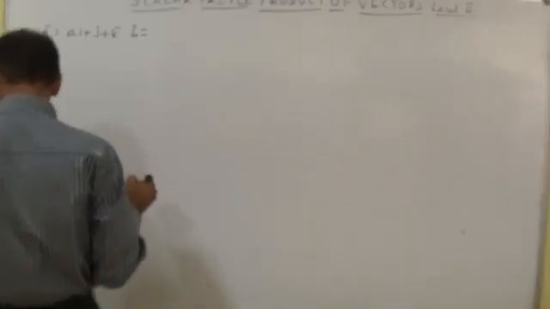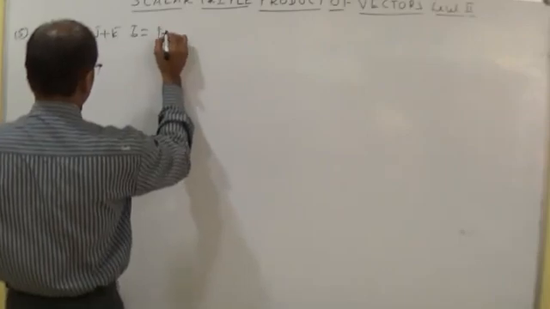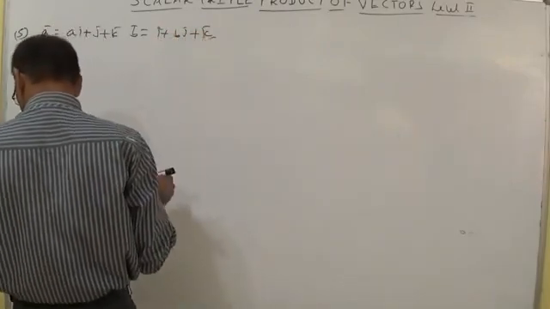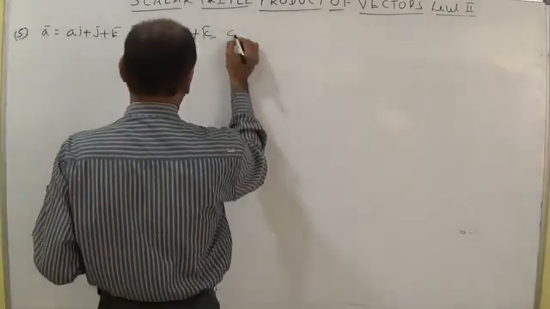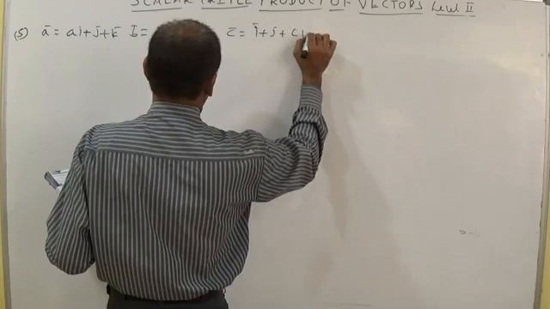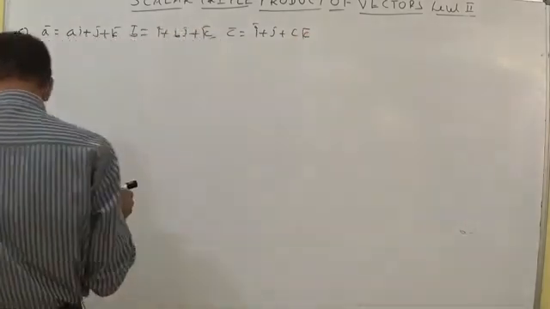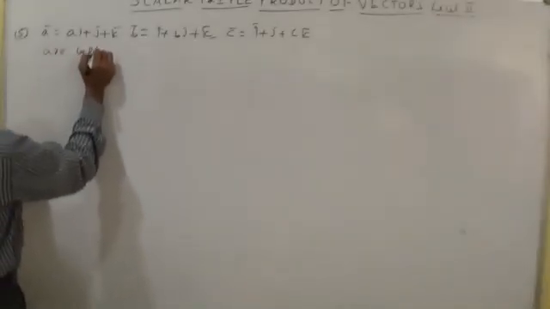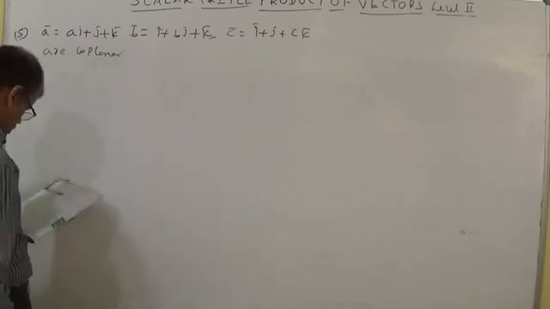B bar is equal to i plus bj plus k. And c bar is equal to i plus j plus ck. A, B, C are not equal to 1. If the vectors a bar, b bar, c bar are coplanar,